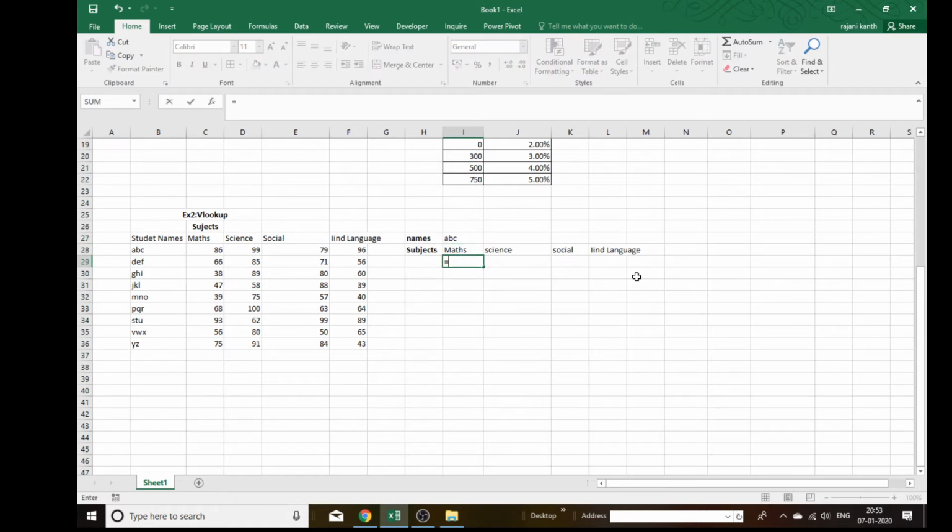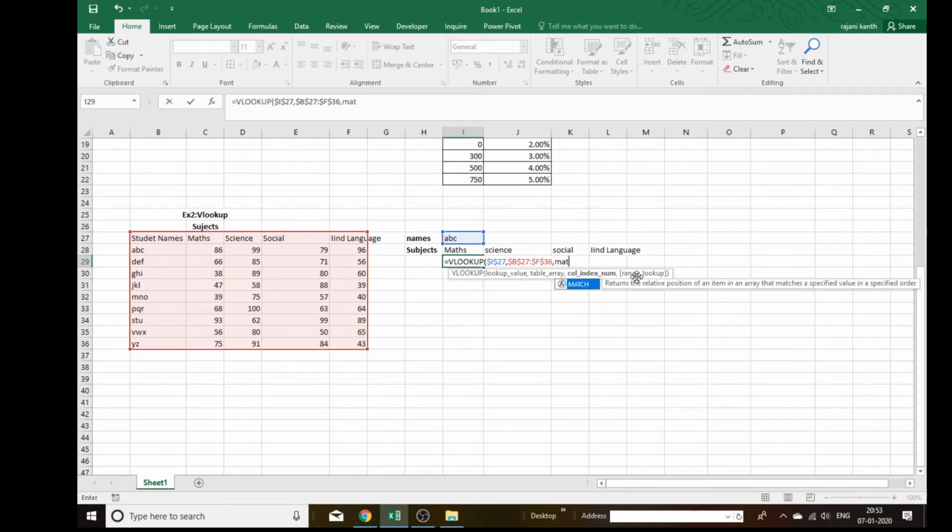For that, it is equal to VLOOKUP, lookup value this much, open the bracket. Sorry, you have to lock it, F4, comma, lock from all sides, comma.